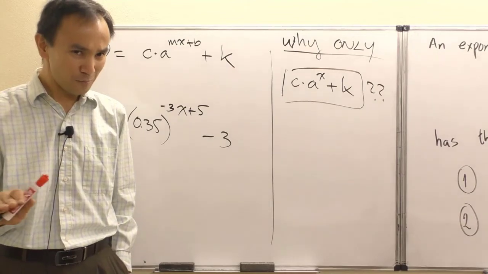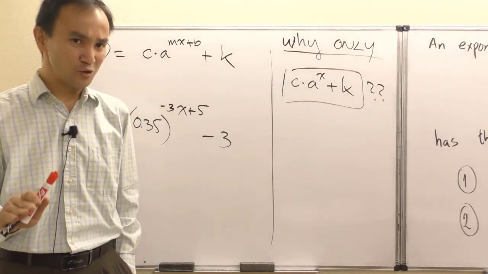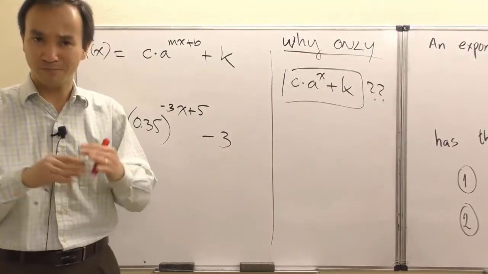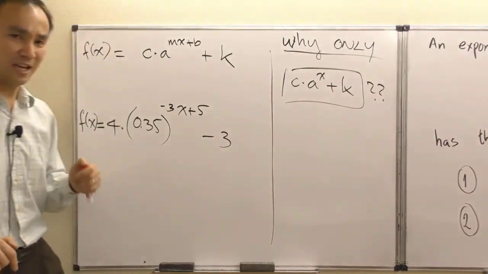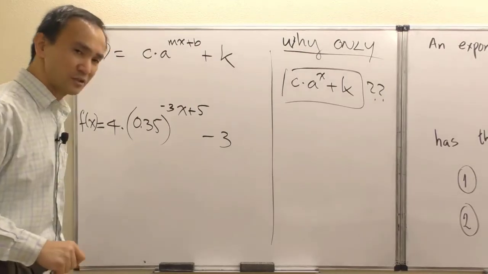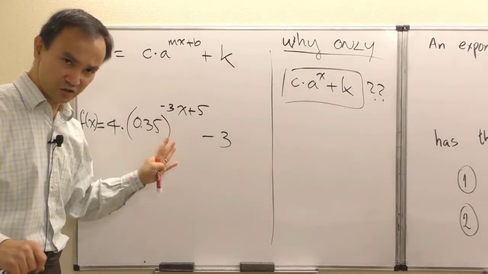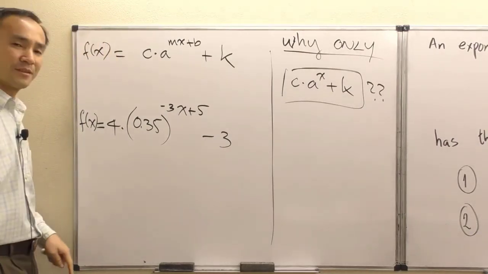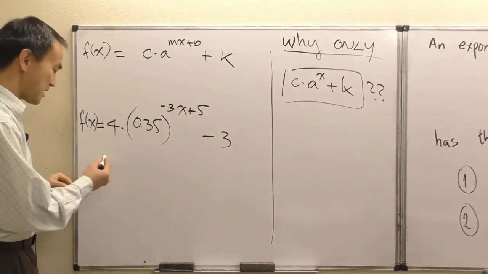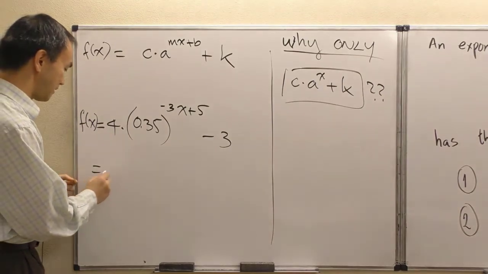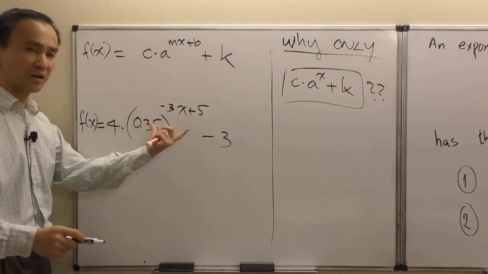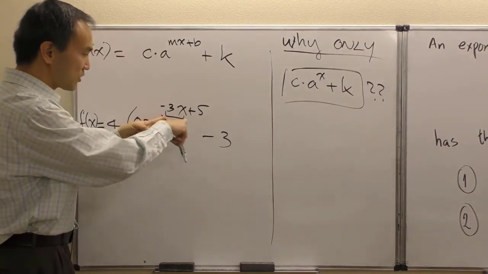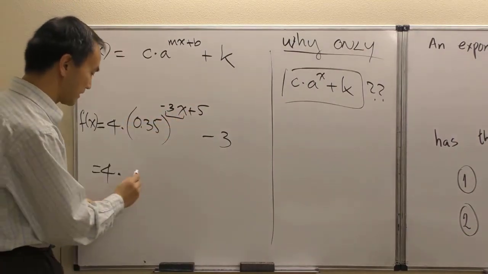And it's not a formal mathematical proof, but it's close enough. I'm proving through examples, okay? And for people who have some serious intentions in math and do plan to follow on to the higher course, I suggest taking this quick little work I'm doing right here. Let's leave the 4 coefficient there by itself. According to the rule of exponents, you see this work right here is the minus 3x plus 5, so we can separate it out as a